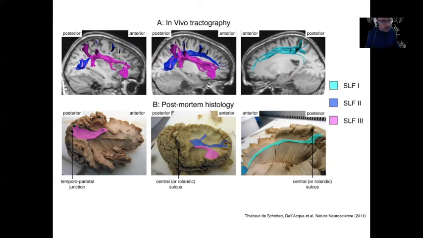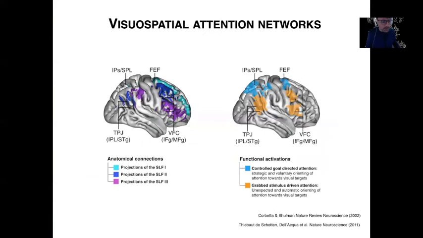Now that we knew how the frontal lobe is connecting the parietal lobe, we tried to explore which of those connections would be supporting the attention system. And essentially, we thought that the SLF3 and the SLF2 seem to colocalize in terms of projection with the projection of the stimulus-driven attention. And the SLF1 was projecting onto the system of activation of the intraparietal sulcus and frontal eye field and might be supporting the dorsal attention system.